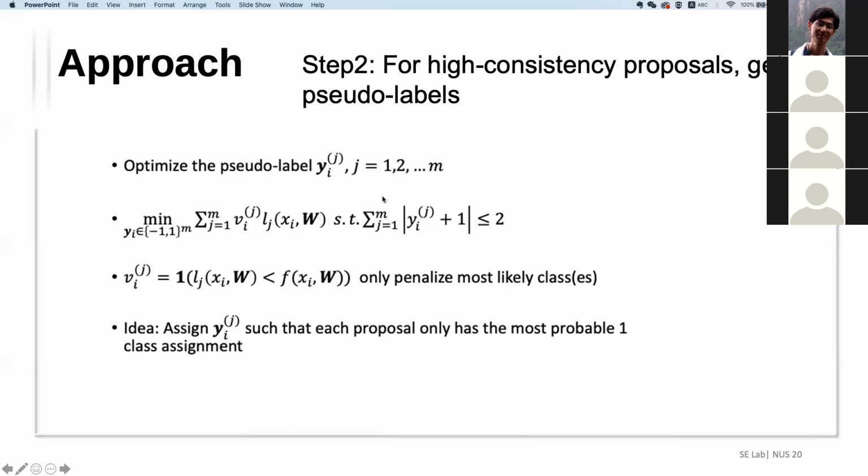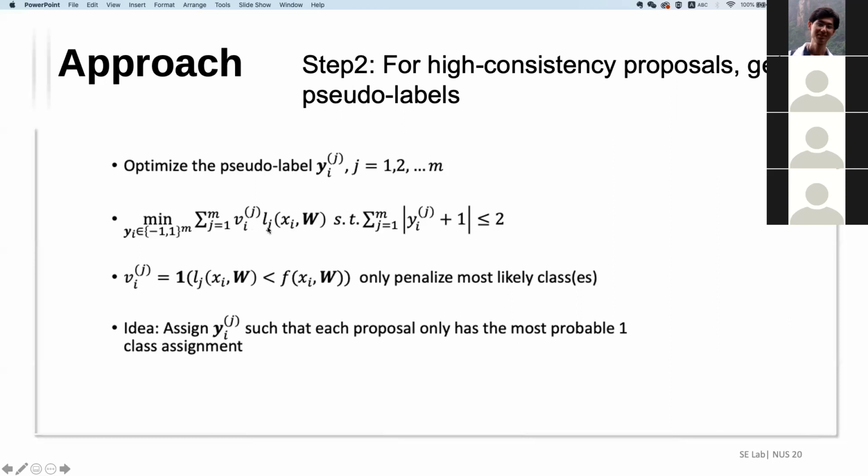So j means the number of the proposal, right? M means the number of classes. And i means the individual, the xi proposal, and j means the j-th class. Given images, we have multiple proposals, and each proposal will have a class. Here we would like to minimize the vi times j, the class.